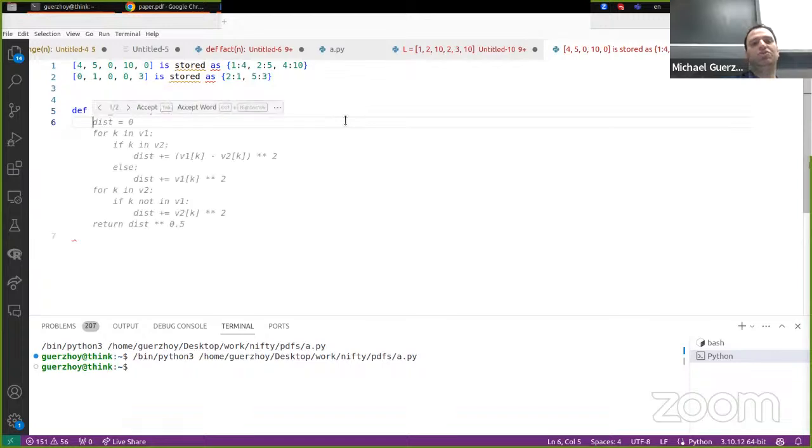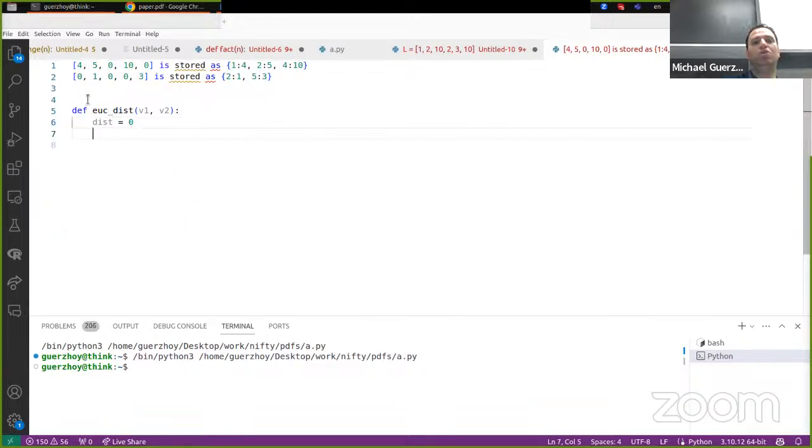So what we need to do is we want to go through all the coordinates, and that's a lame way to do it. So what do I mean by all the coordinates? If both are 0, then I don't care. But if either one or both are non-zero, then I care. So I can just say